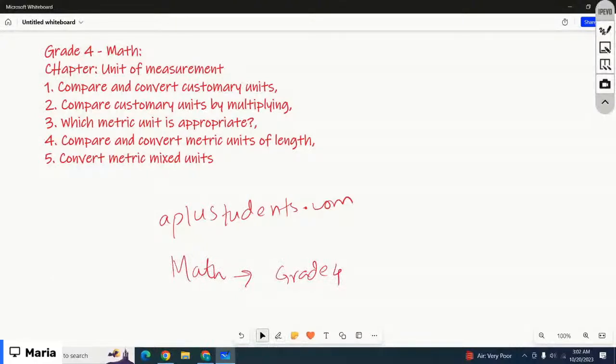There you can find a list of the chapters. We're going to start with the chapter unit of measurement, and the lesson we're going to cover is compare and convert customary units. Compare customary units by